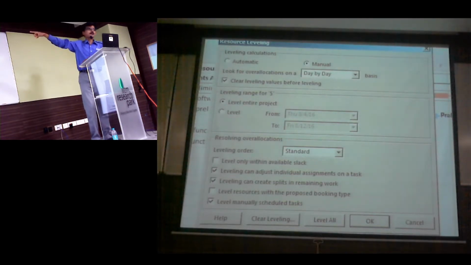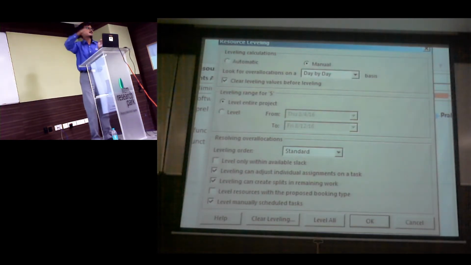The second drop down, do you see it as day by day? Day by day means a team member should work not more than 8 hours per day. So you want to identify overallocation at a day level, or a week level, or a month level. If I say week level, I might be overloaded on Monday, but for that week I am working only 30 hours, which means at a week level I'm not overloaded.